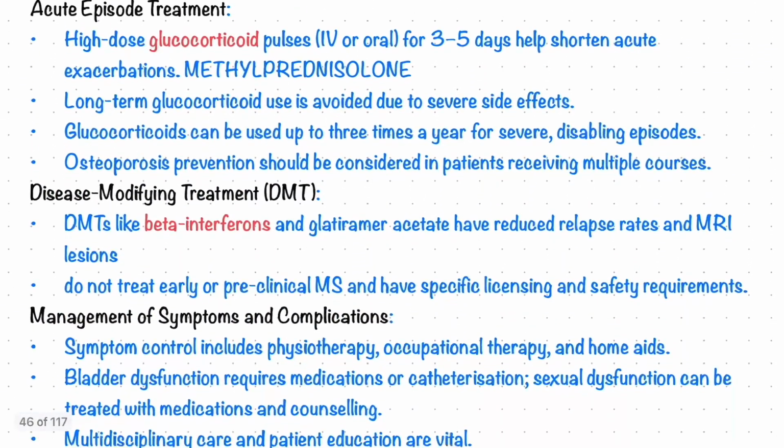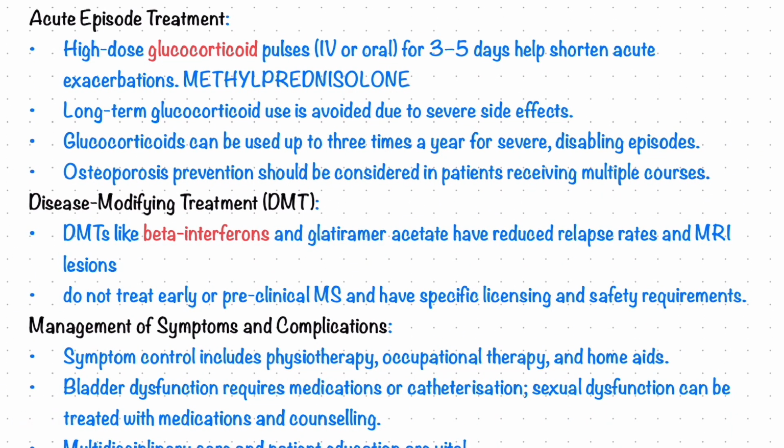Now, let's see the treatment options. For an acute episode, treatment is high dose glucocorticoids with methylprednisolone given IV or oral for 3 to 5 days. These usually help in shortening the acute exacerbation. Long term glucocorticoids are avoided because they have severe side effects. Glucocorticoids can be used up to 3 times a year for severe disabling episodes. Osteoporosis prevention should be kept in mind before